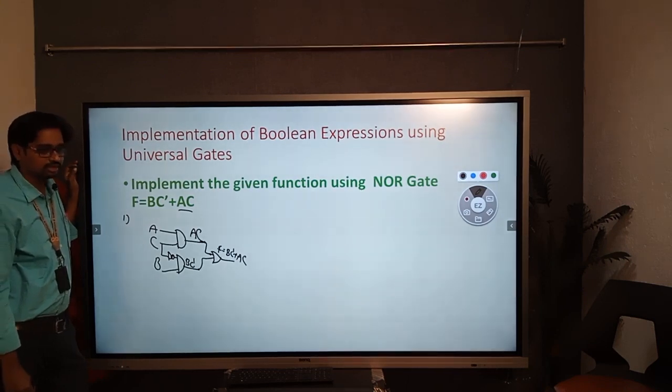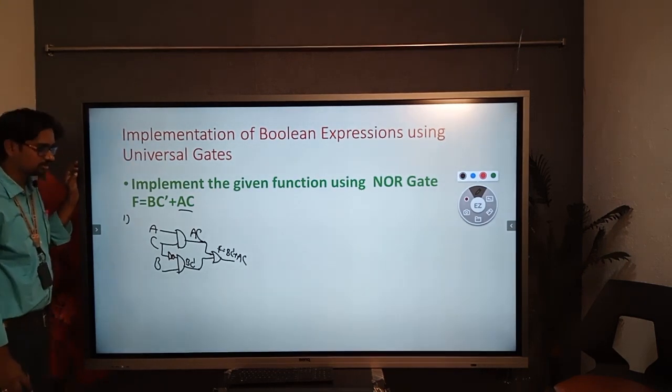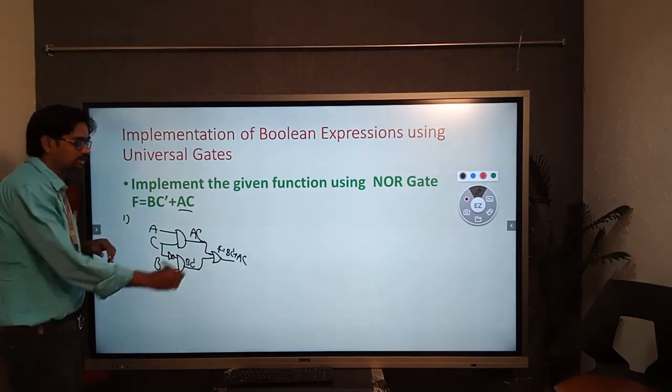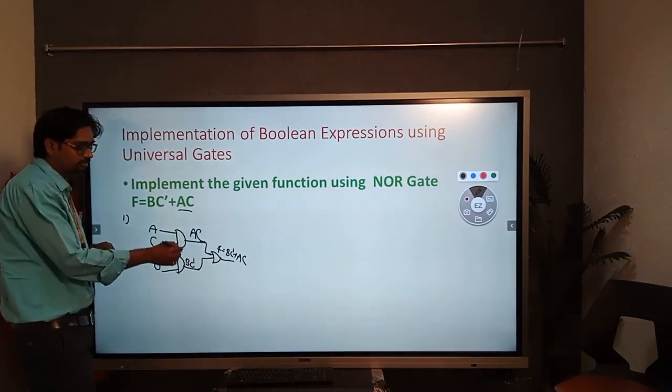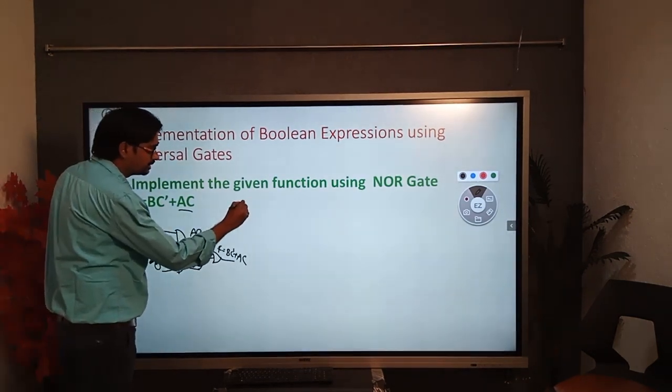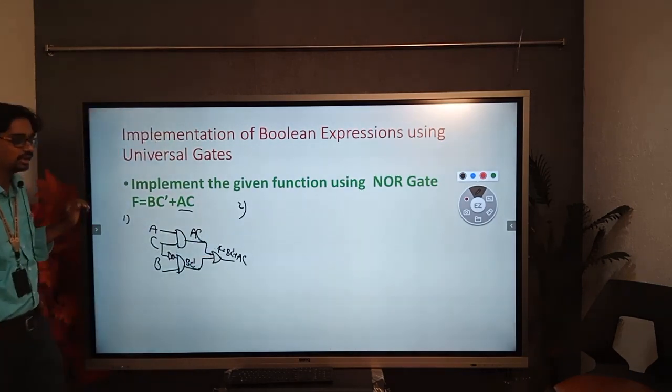And or inverter logic circuit. This is the first step you have to follow. From the expression you have to draw the expression with the help of basic gates. Second step is, where you are having the OR gate,